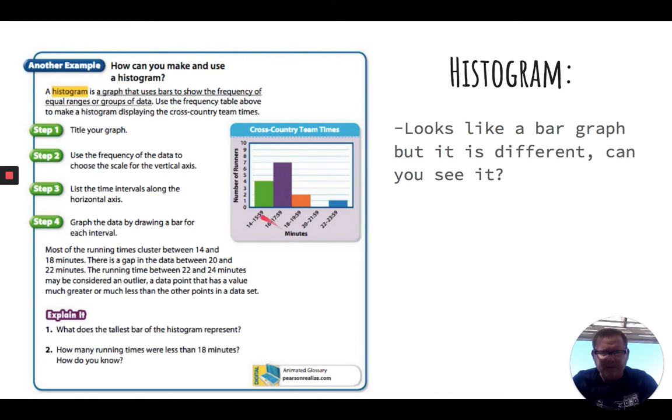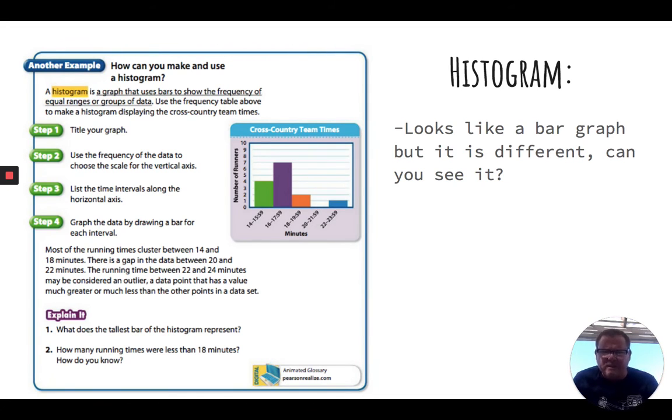Okay? So remember, this is horizontal, this is vertical. So this is the number of runners, this is the times. And this is the way that this data is represented. Okay? And you can make some of the same